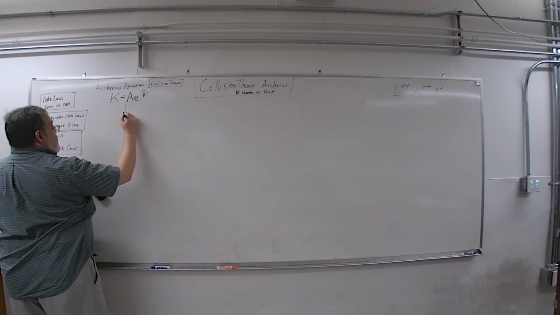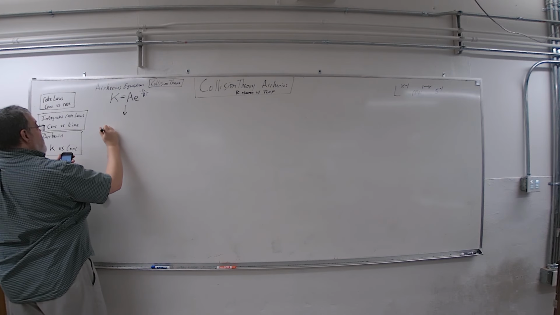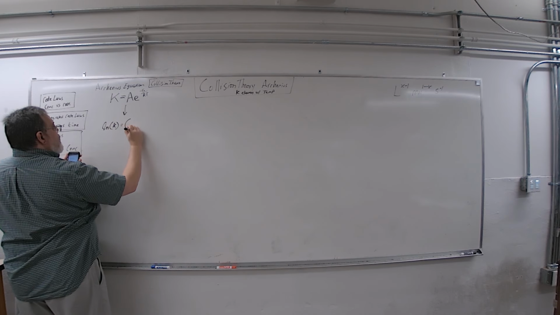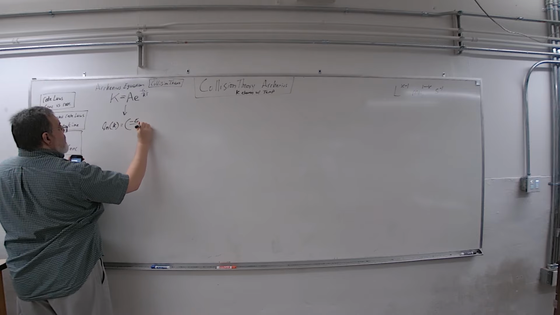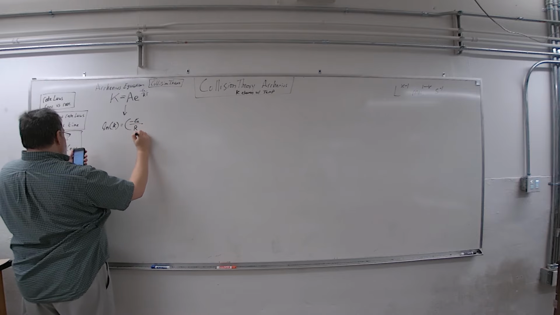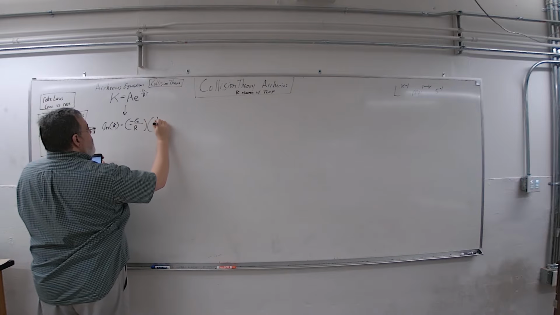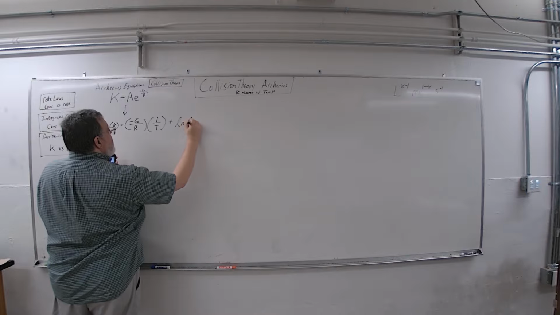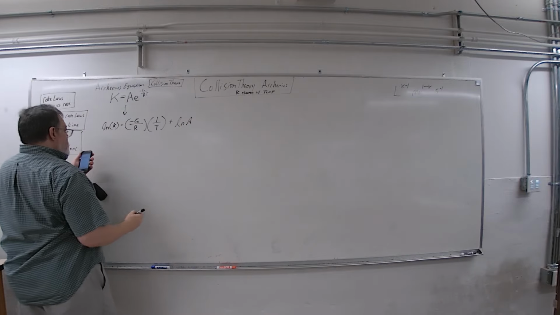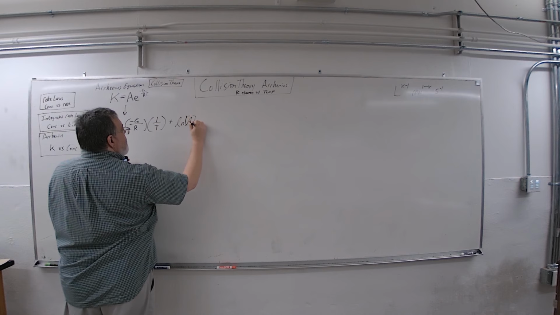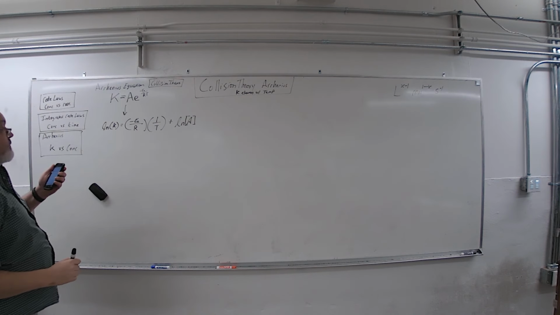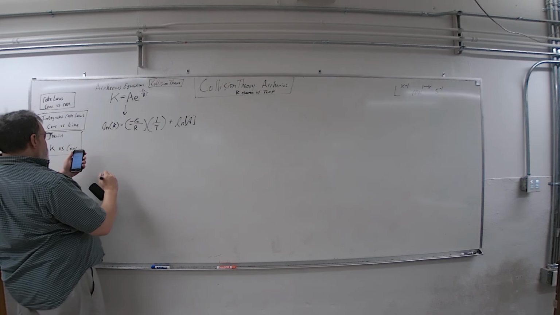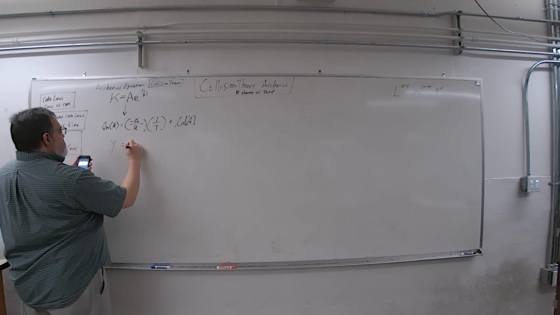It doesn't matter what order, but you can derive from here, you can get to natural log of k equals negative Ea over R times 1 over T plus natural log A. I'll copy that out of the book. They didn't put the brackets around it. They should have. So, and it's y equals